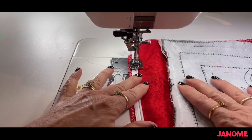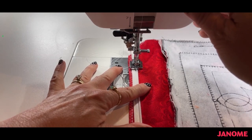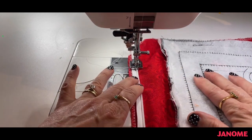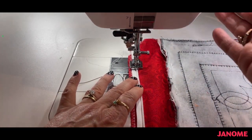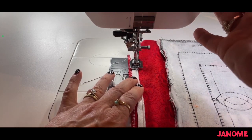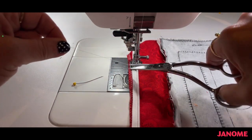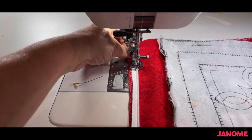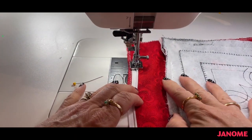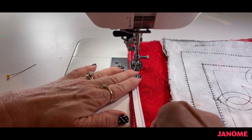I'm going to use my thumb wheel to bring my piece down so I can tell it's next to the teeth. There we go. And we're off. Now again, I could do a little reverse at the beginning of this. And I'm going to clip this thread because it's going to be in the way as I get going. There we are. Okay, so let's align everything with my